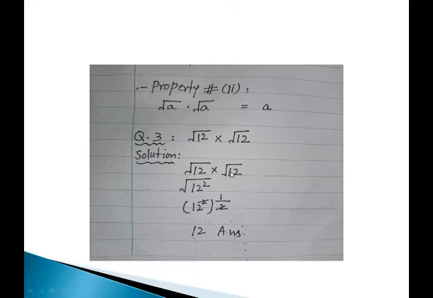The square root of 12 multiplied by the square root of 12 would become the square root of 12 multiplied by 12. 12 times 12 is a square. How can we know that? We know by the property that wherever we have two bases in multiplication, they can come under one root. So under one root, 12 multiplied by 12 is 12 square. Whenever we have to replace this root, we replace it with the help of half. So cutting the 2 by 2, it becomes 12. So the square root of 12 multiplied by the square root of 12 is equal to 12, as the square root of a multiplied by the square root of a is a.